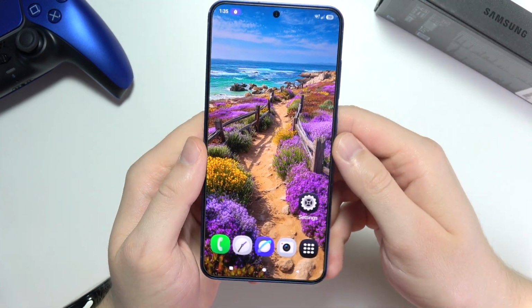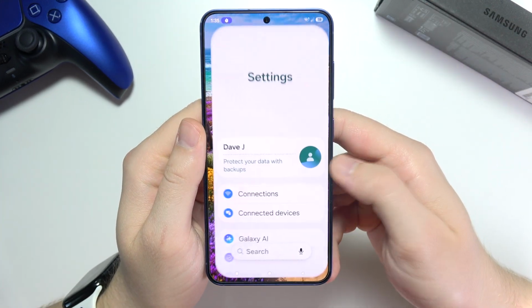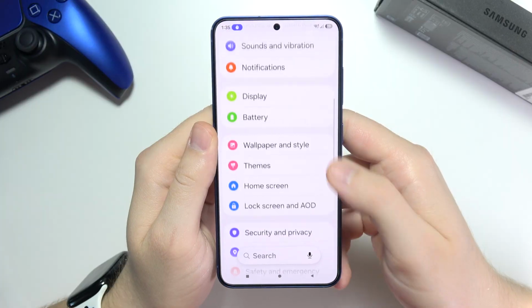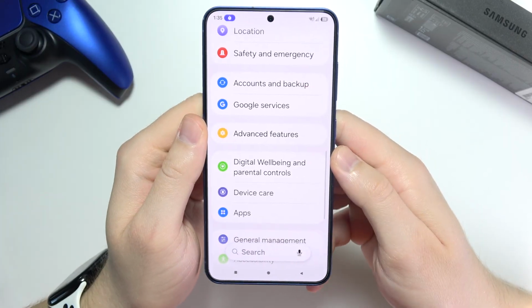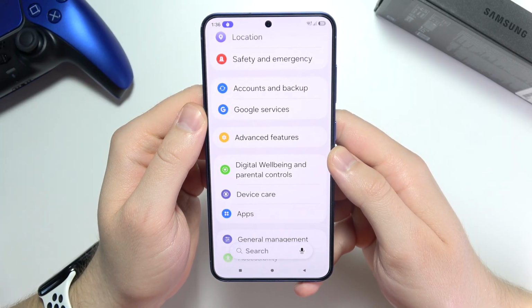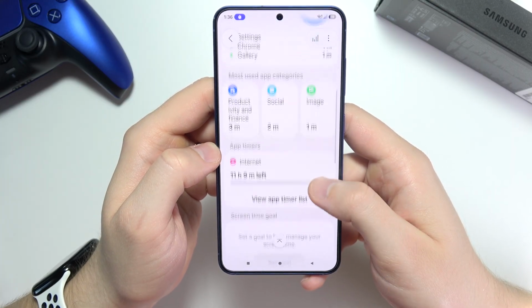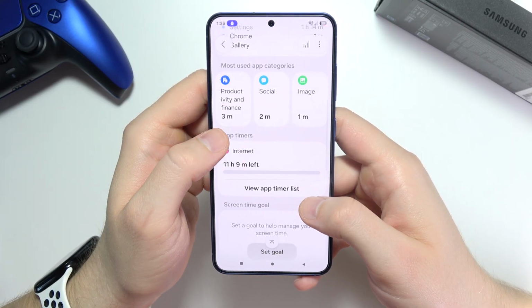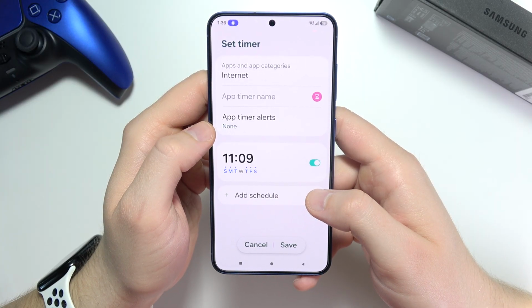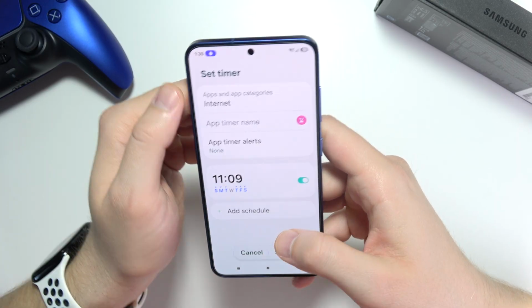To set up a timer on the Samsung Galaxy S26, open the settings. Right now we have to scroll down and go to Digital Wellbeing and parental controls. Now we have to go below for app timers. You have to just click here to set the app timer, and if it will be new, then you can